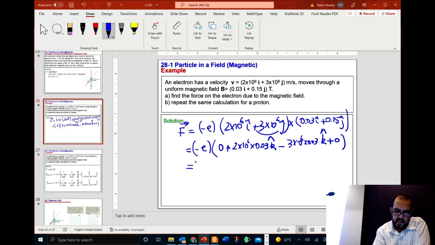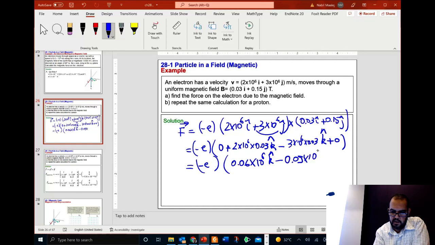So you end up with minus E times 2 times 0.03, that's 0.06 10 to the power 6 K, minus 3 times 0.3, that's minus 0.09 10 to the power 6 K,